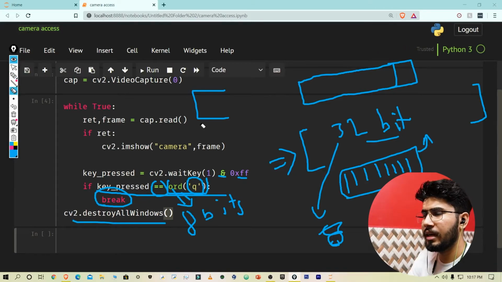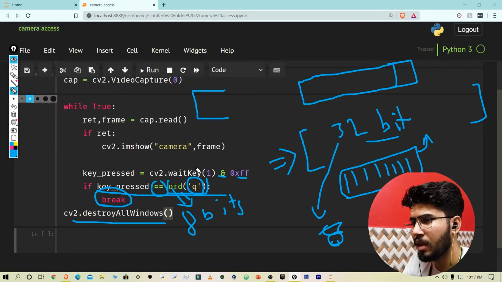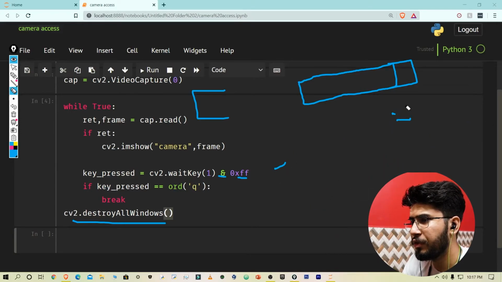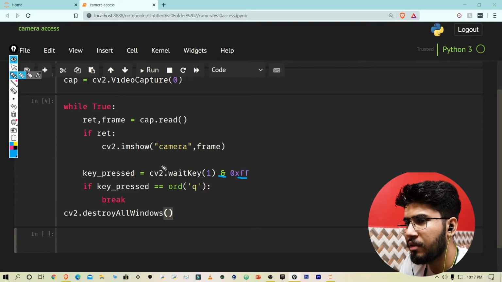So I hope that it is a bit clear. You need to know what a binary AND operation is and how that works to understand all of this. But this is basically what we are doing here. Let me just give you an overview. So we are getting a 32-bit value here.